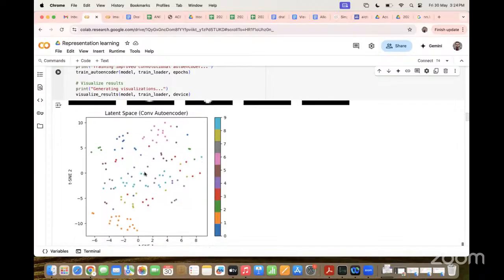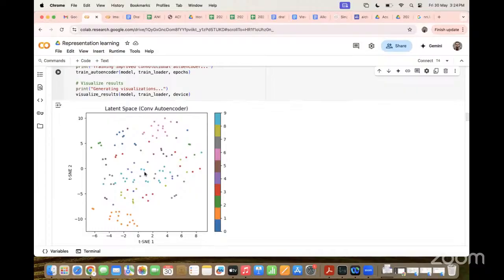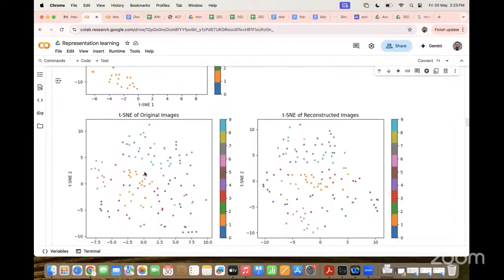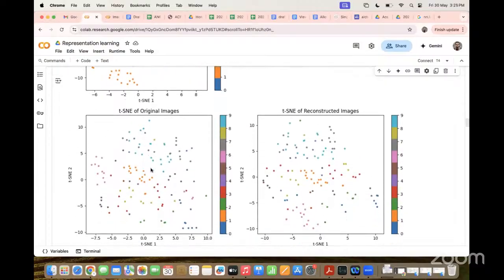So basically, compressed image, latent space. So original image, latent space, t-SNE. This is the reconstructed image. You can see the difference here. Each dot is a digit, so 9 is blue, 2 is green.